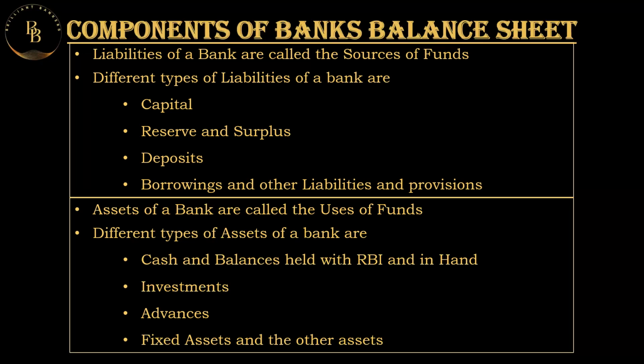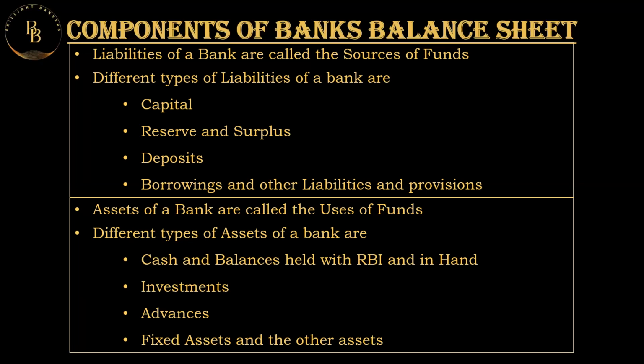What are the advances? The most important asset item of a bank's balance sheet is the advances. These advances represent the credit extended by the bank to its customers, and they form a major part of the assets for all banks, thereby becoming the major source of income of the bank, like cash credits, overdrafts, and loans that are repayable on demand. There are term loans, and also the bills purchased and discounted are also